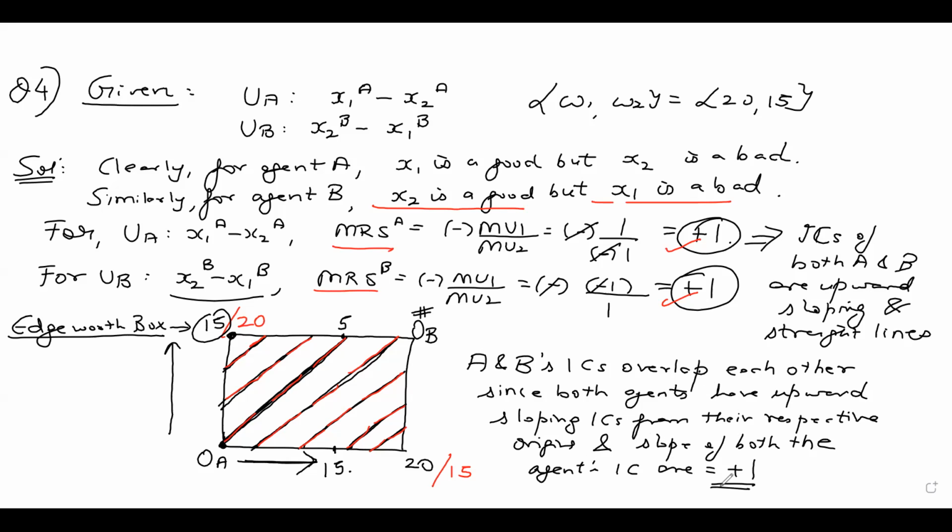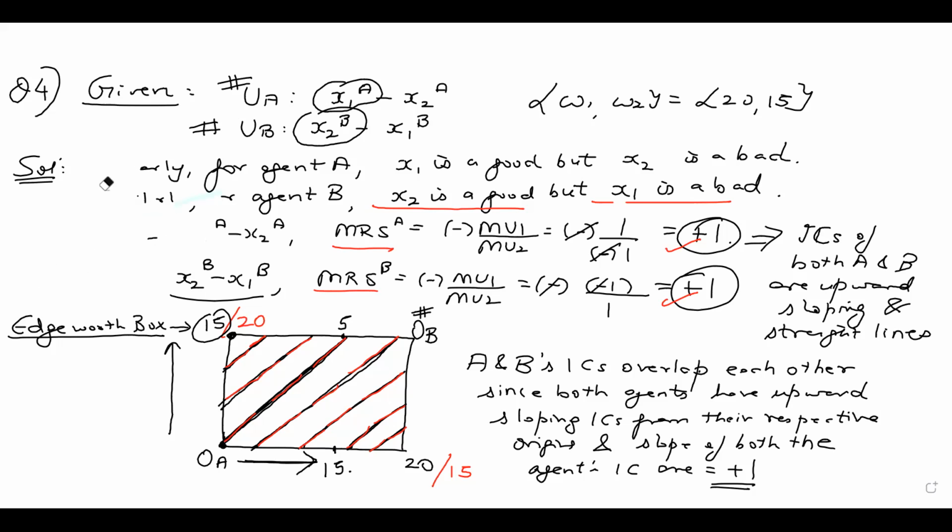Now, guys, let's look for the Pareto efficiency point. Can it be in the interior? You can again see that A is getting utility only from good 1 and B is getting utility only from good 2. The other parts are giving them disutility. So obviously you cannot have the interior point as a point of Pareto efficiency, and you can even cross check it. So if I erase this part,